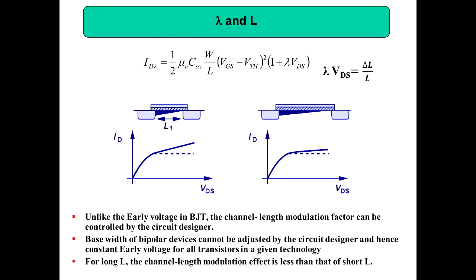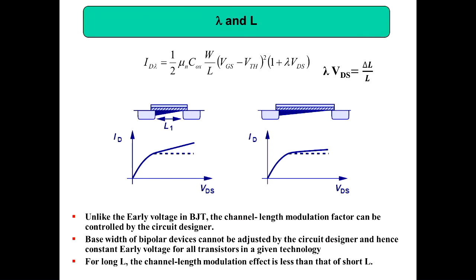Because you take a P and an N type and join them together, you have only limited control over how much width you are getting inside the depletion region. You can somehow control it, but you can't accurately control it. So in a given fabrication setting, when you are fabricating a BJT, you get one Early voltage. But when you vary the setting, even if you try to make the same setting, you still get a slightly different Early